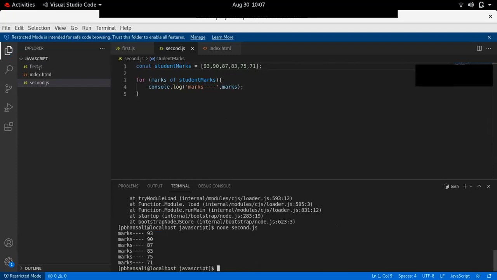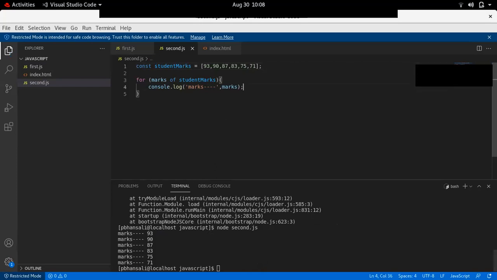So you can see 93, it is iterating over this array. This is called iteration. In the first iteration, marks will be 93. In the second iteration, marks will be 90. In the third iteration, marks will be 87. This is called iteration.